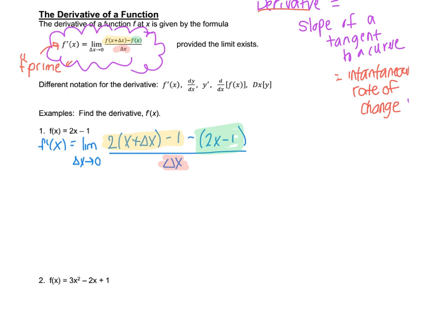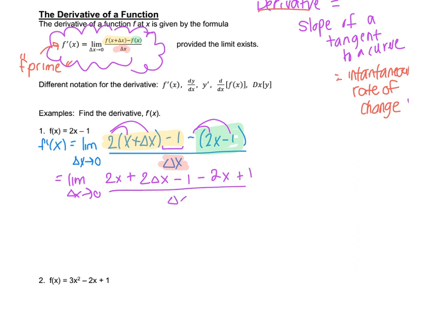Now we're going to simplify. Okay, so moving forward to simplify this. The derivative f prime of x is the limit as delta x approaches 0 of, I'm actually just going to distribute my 2 to both of those. So that would be 2x plus 2 delta x. Then I have this minus 1. Now I'm distributing my negative to the inside of that parentheses, so that would be minus 2x plus 1,